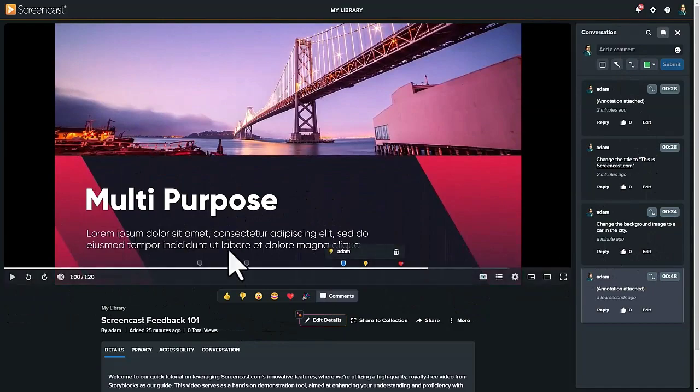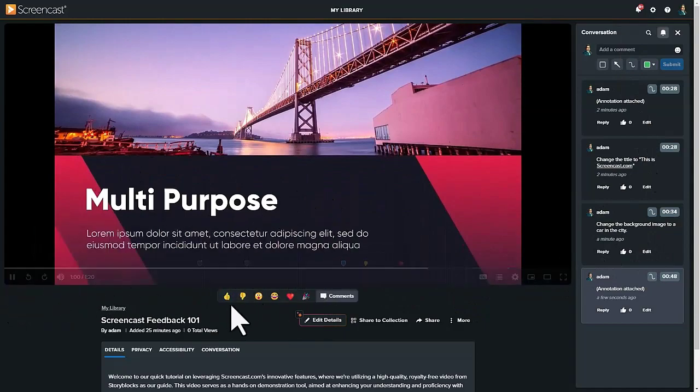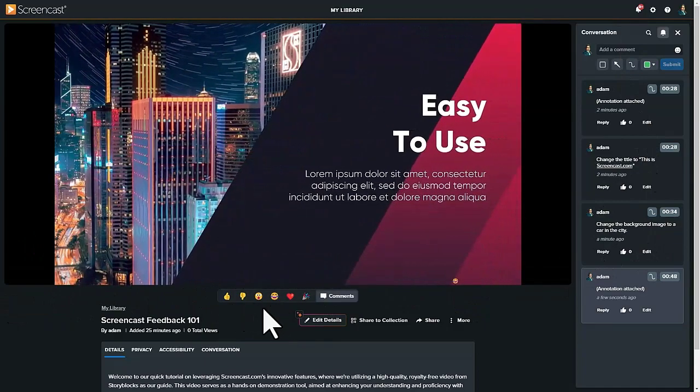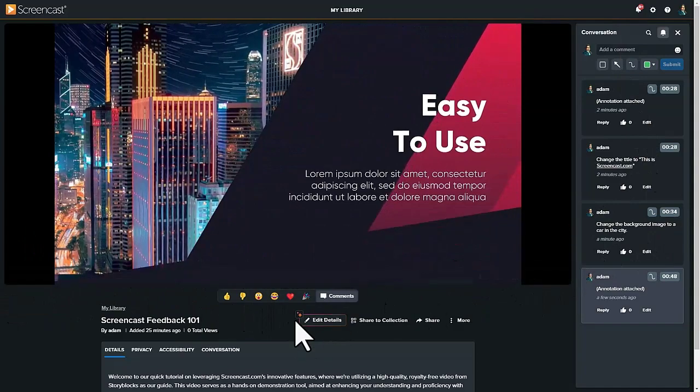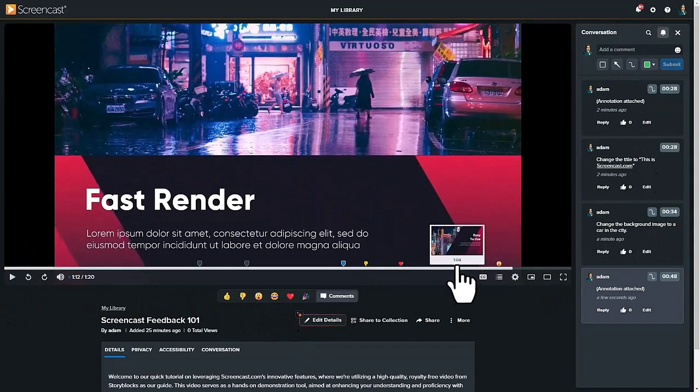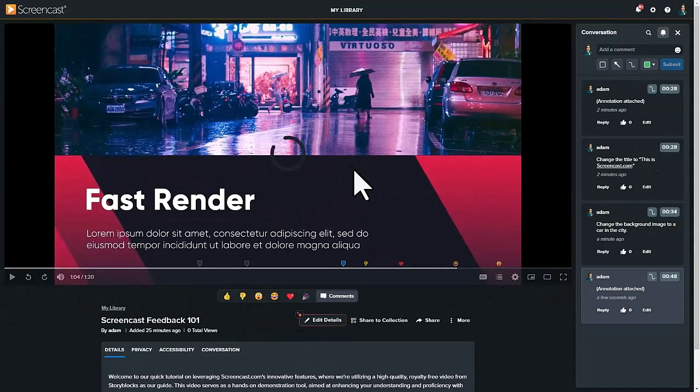This is almost something that I would do while watching the video. As the video is playing, I just have my mouse here, and when I see something, I can click a button. I'm not making any edits, but it allows me to say, okay, now that I've made these as an editor, I can come back to this section, or this section, see what's on the screen, and make a comment about whatever that section is. So it's really just how you want to manage it, but the goal of Screencast is to collaborate on the editing process